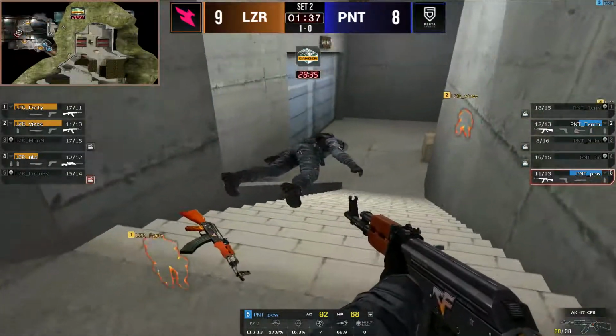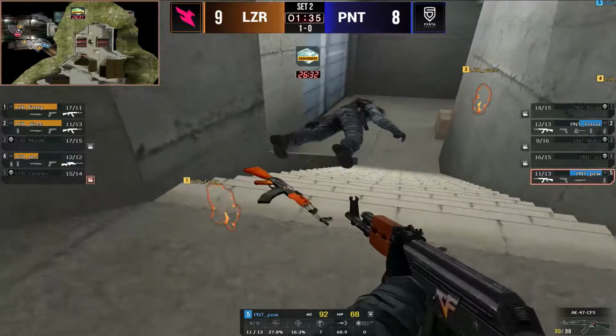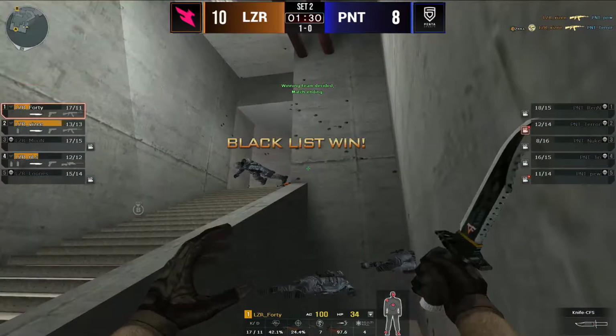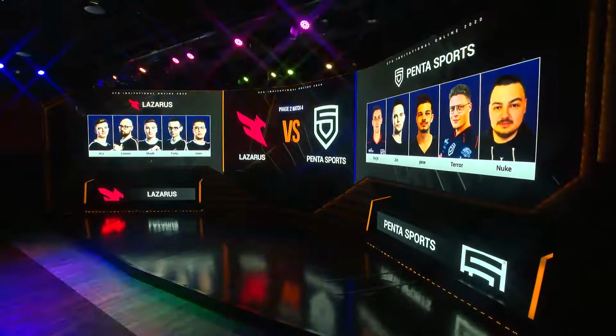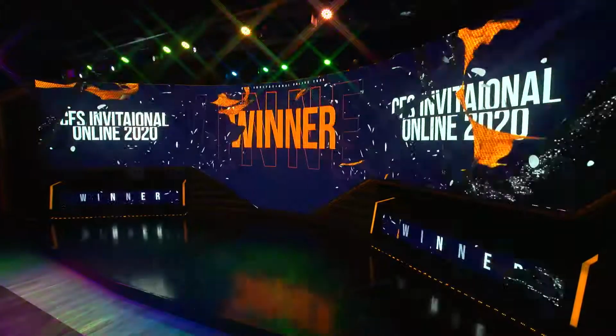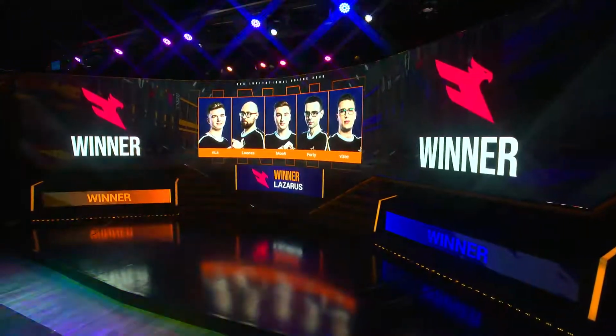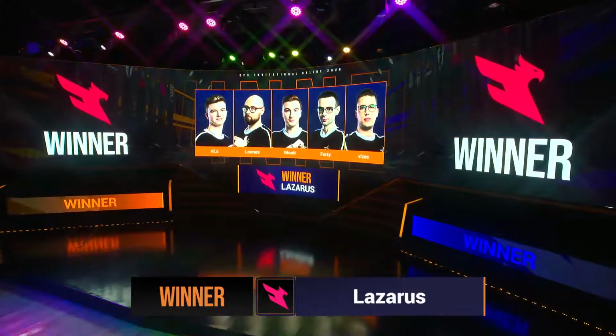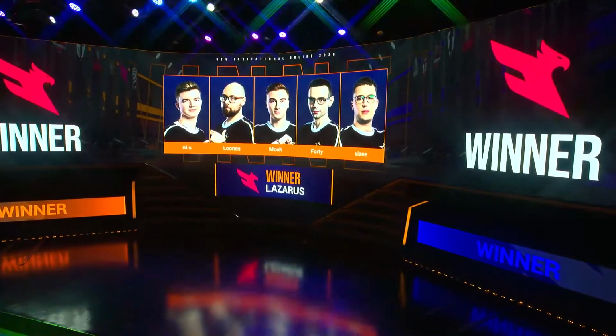Looking to push down the stairs. The bomb is planted. Vise looks like he was spotted. They know where they are, but he is going to be taken out, and that is going to be the double kill from Vise to pick up the match here for the side of Lazarus. An extremely back and forth and close match between Lazarus and PENTA Sports here. But at the end of the day, Lazarus